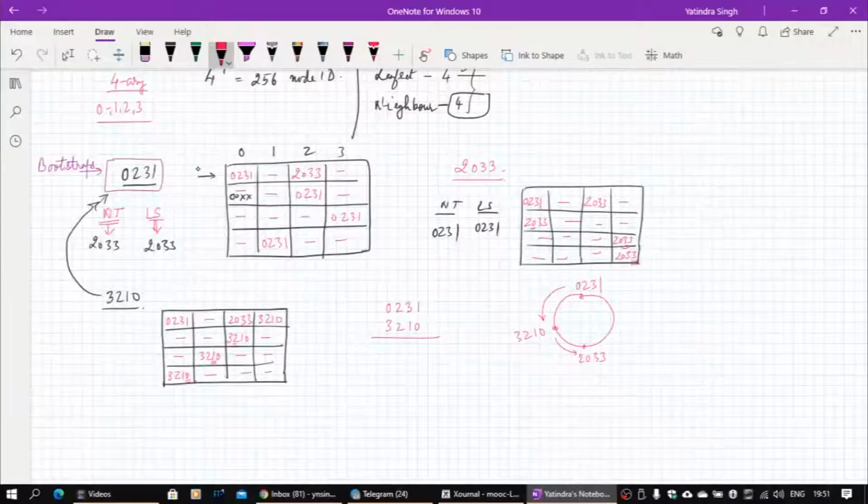If I compute, I need to put in 1 here to compute the distance, because of the modulo arithmetic. So 1 minus 1 is 0, 1 minus 0 is 0, 3 minus 1 is 2, 2 minus 2 is 0, and 4 minus 3 will be 1, so this is 1021. Now if I compute 3210 to 2033, this will become 7.